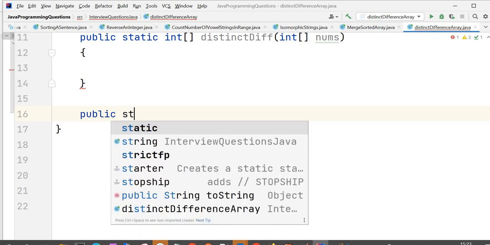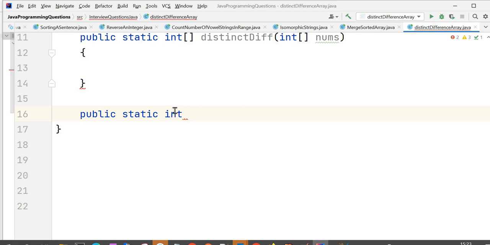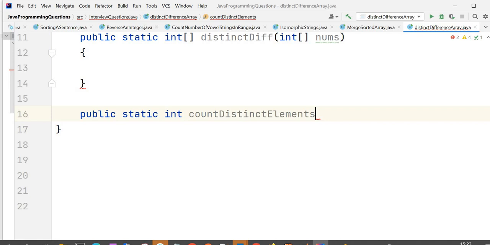That would be public static int, because it is going to return us the count. Count distinct elements would expect 3 inputs: the nums array, start index and end index.